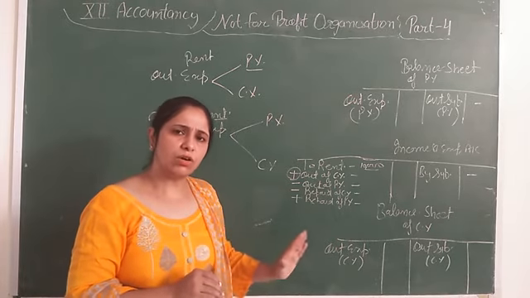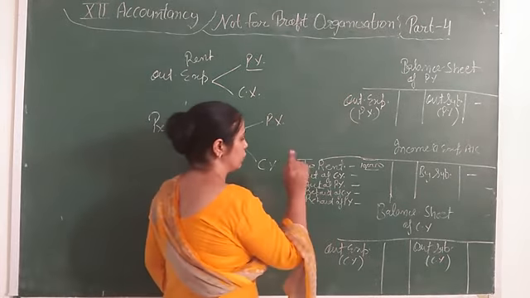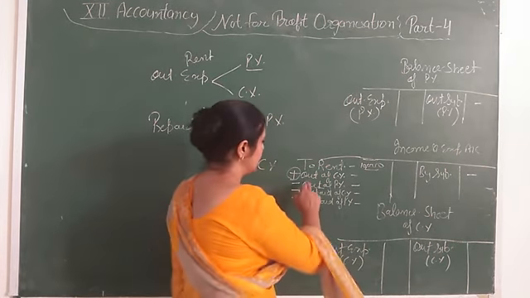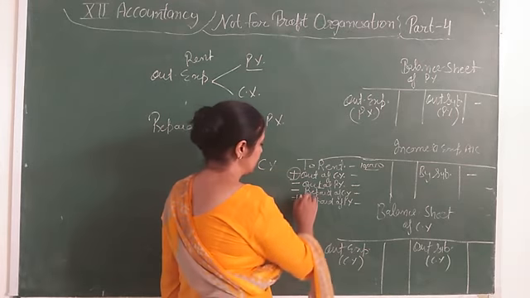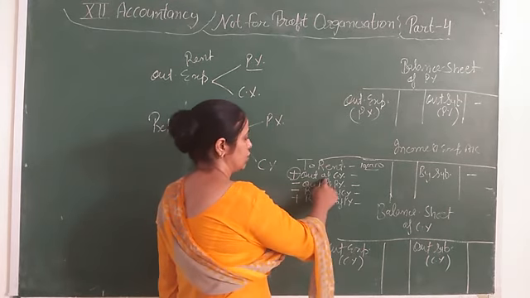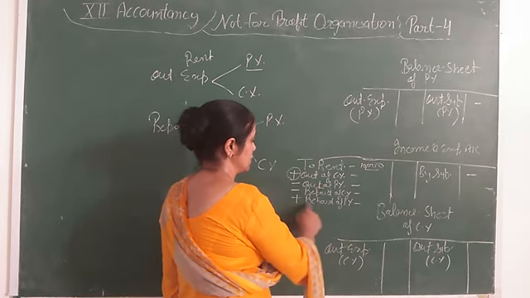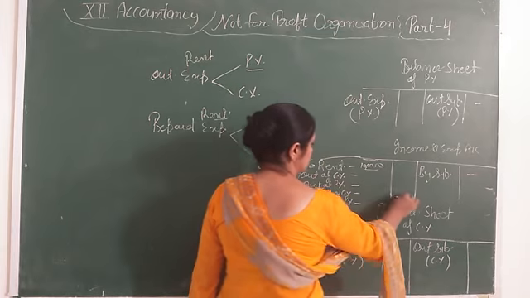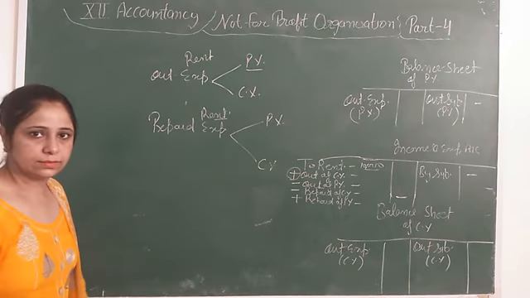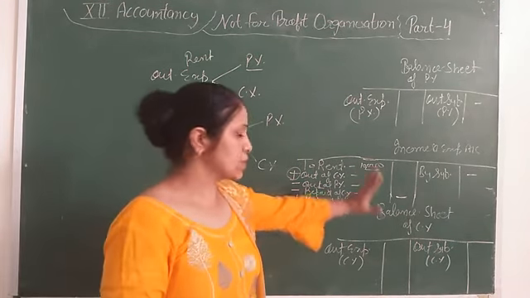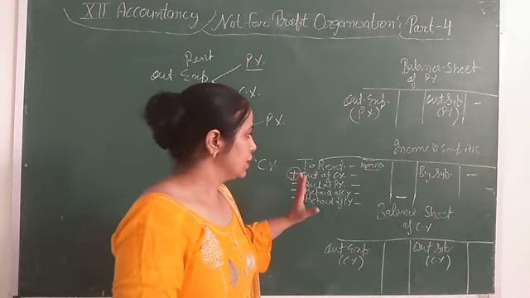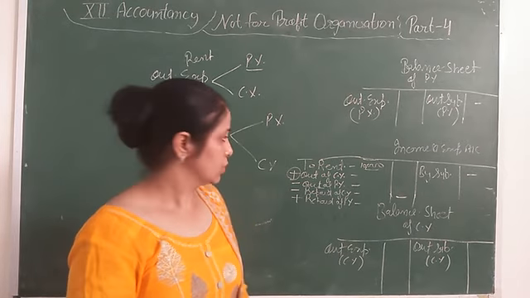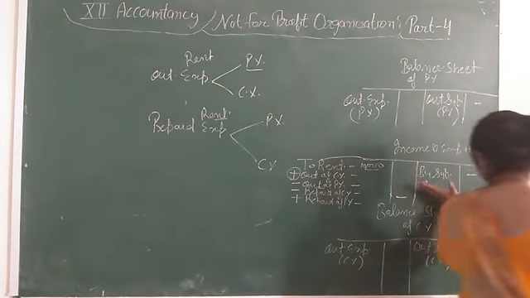Now learn only one thing: outstanding of the current year add, outstanding of the previous year minus. And for prepaid, reverse it: prepaid of the current year minus and prepaid of the previous year plus. This amount that we find out will come here. In this, the "as on" treatment is not there; that happens in subscription. That's why we find out the income and expenditure figure by making the subscription account. We can find out subscription like this also.